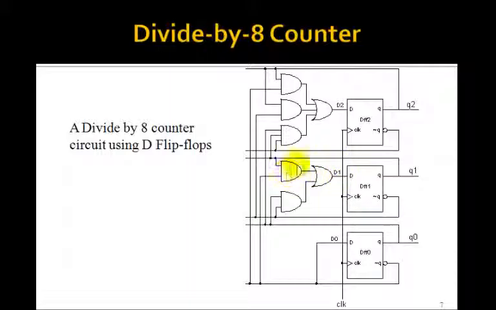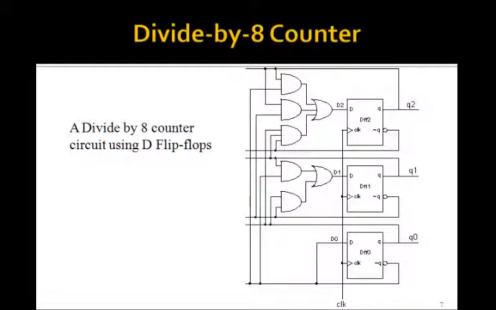Here we're looking for D1 is just going to be Q1 and not Q0, or Q0 and not Q1. And similarly, here we had the 3 AND gates. So this circuit will produce a